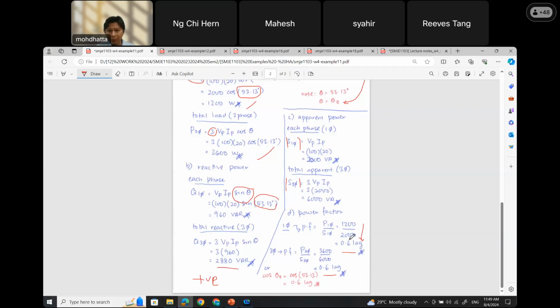The first one will be its magnitude, and the magnitude should be between 0 and 1. Another one, which is very important to show us what kind of load we have in our system, is the nature of the power factor, whether it is lagging or leading. And lagging is due to the nature of our impedance, which comes from RL